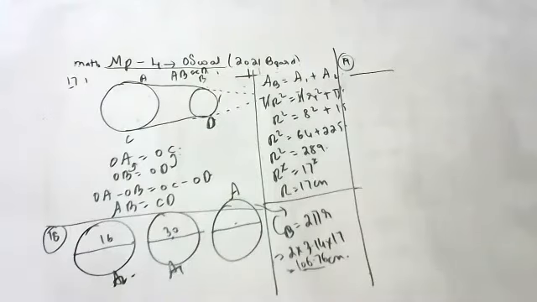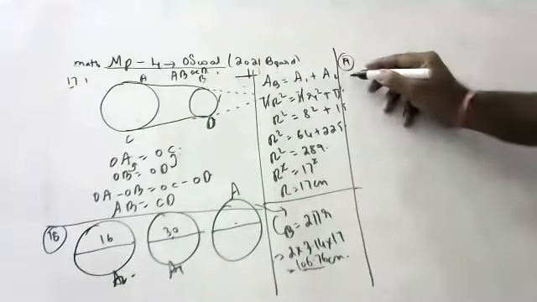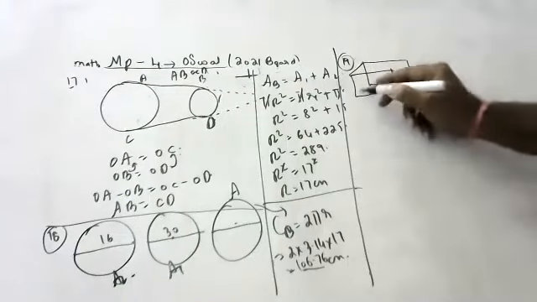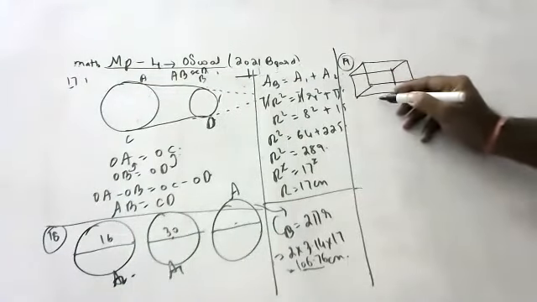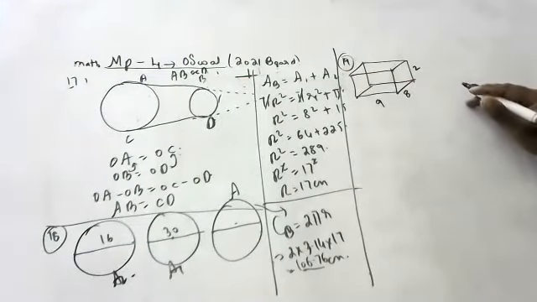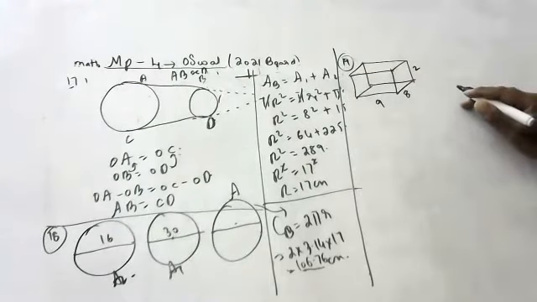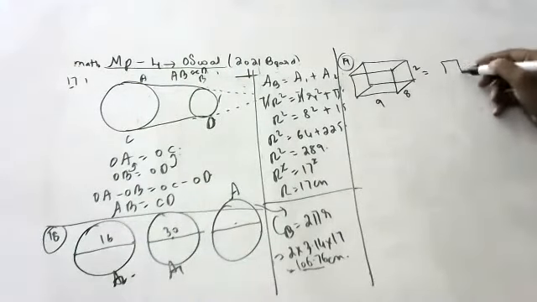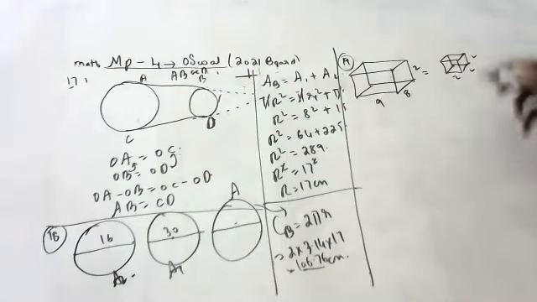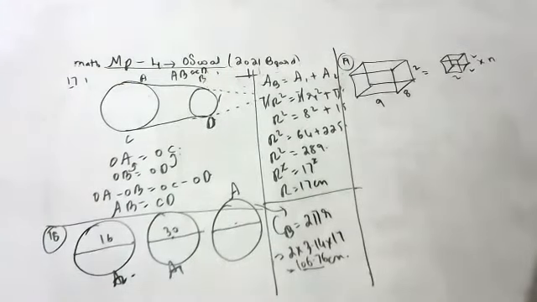So next one, a solid metallic cuboid of dimensions 9, 8, 2 is melted and recast into cubes of 2 centimeters. Harsh, are you there? This is 2 everywhere. So how many cubes are made? This is a question, children.